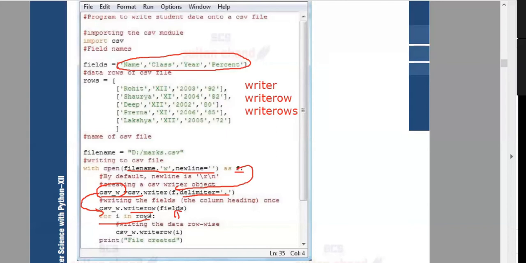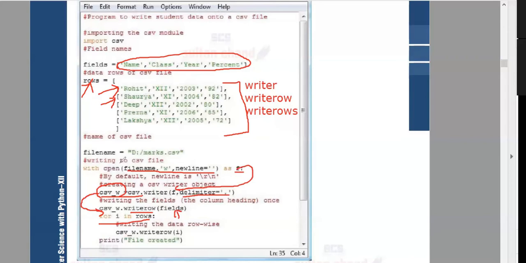And when we are having the for loop with the rows, what does this rows represent? This fields represents the heading of each and every column. The rows represents each and every record which we wanted to store inside the file. They have given this here as such, right? Even if we wanted to get it as an input from the user, you have to get it and store it into the file if it is asked in the question. Here, they have given the content and we are going to write it.